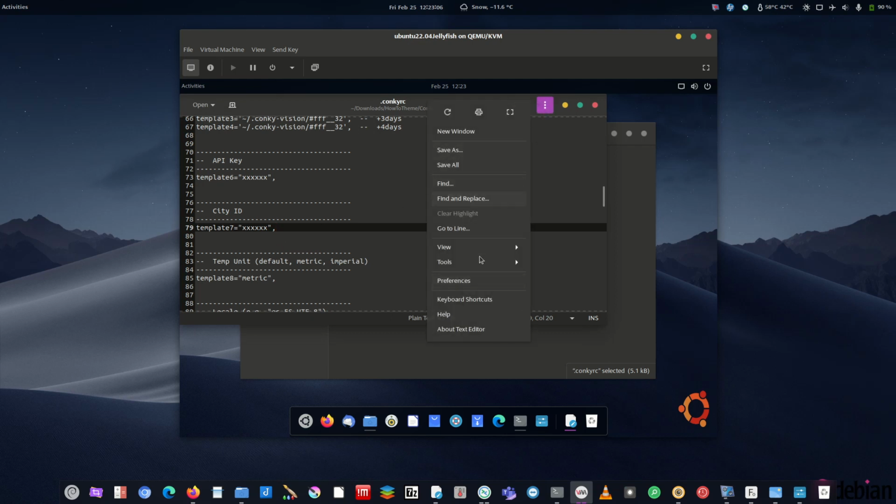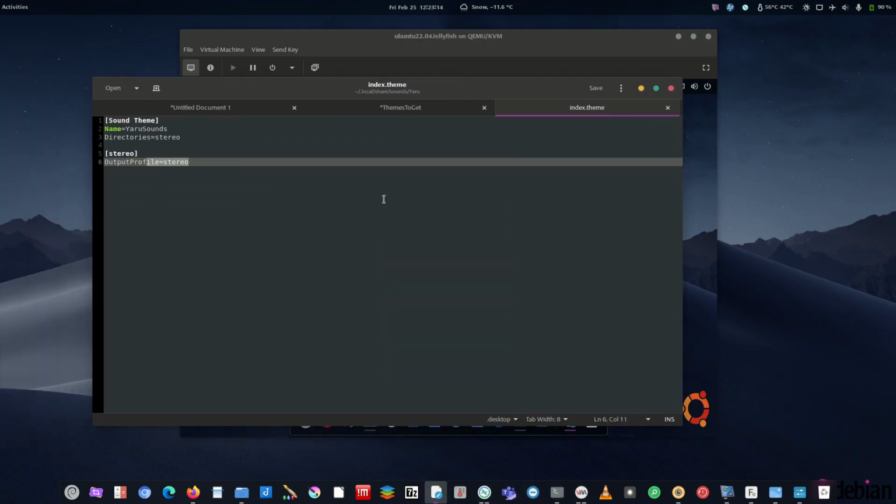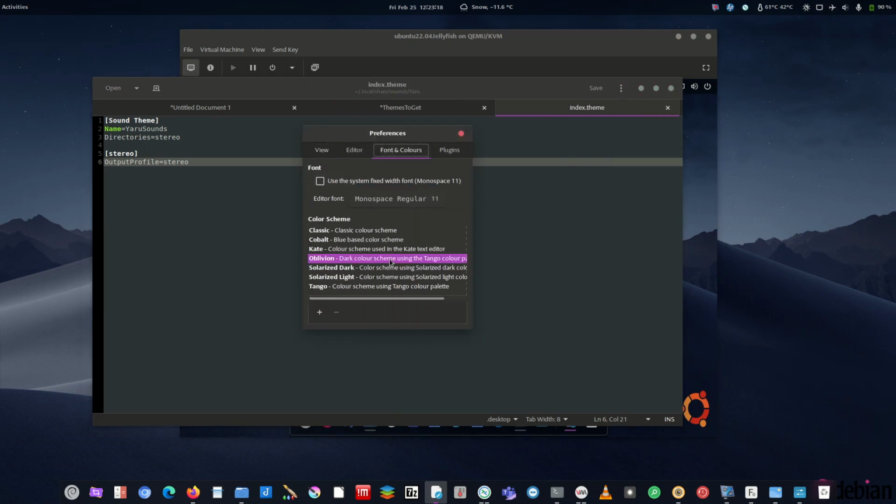I'm actually not sure what theme I use for this particular program on mine. I could have a quick look. Let's have a look here, because mine's a little bit different. So, preferences, fonts and colors, Oblivion. Oh, okay. So there are some little themes that I'm obviously forgetting that I've changed from time to time, but